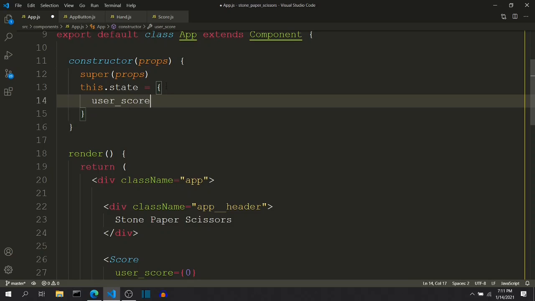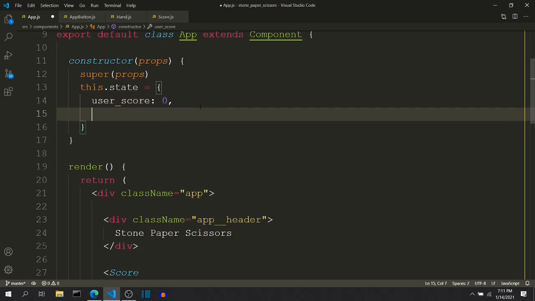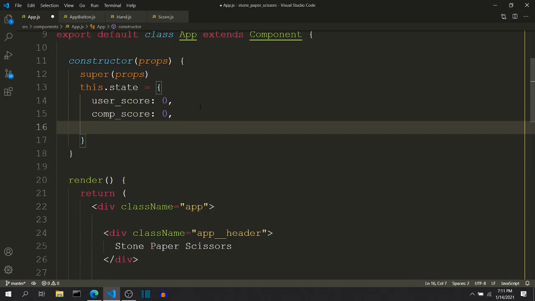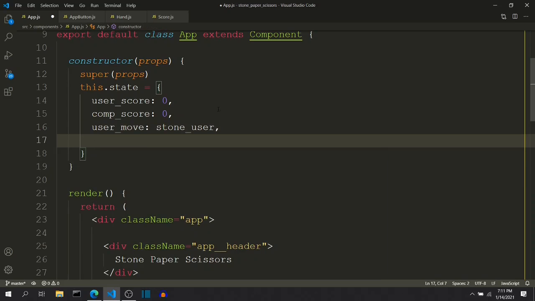So the syntax is like this: inside curly braces we will name our state properties, like user score, and provide some initial values. User score should be 0 initially, computer score should be 0 also, and by default the user move should be stone. And we can store anything.